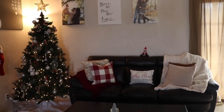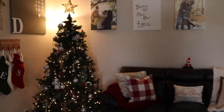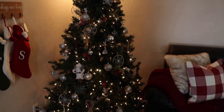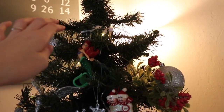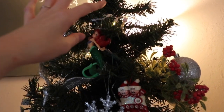Okay, so starting in the living room, starting with our tree. This year we put our tree together and we have one of the pre-lit trees, which I really like, but the first half of the top, if you see up here, I have these twinkle lights